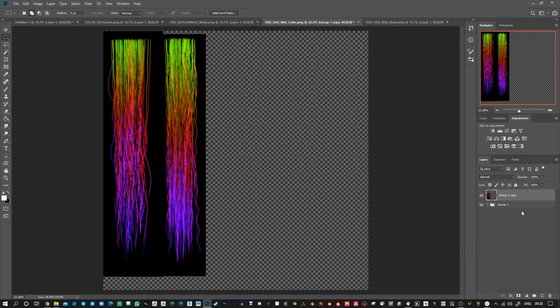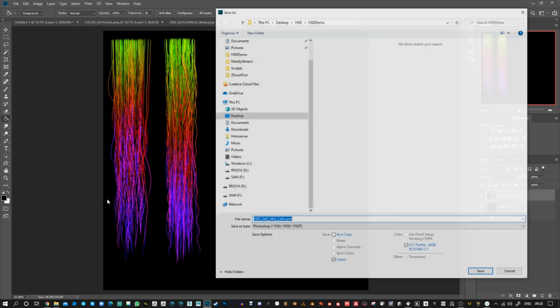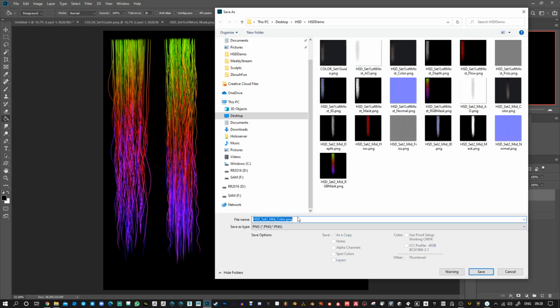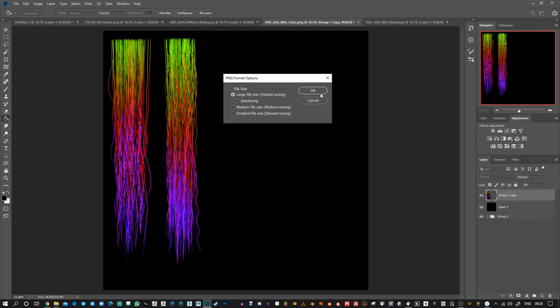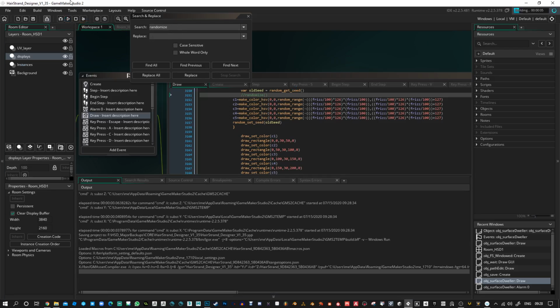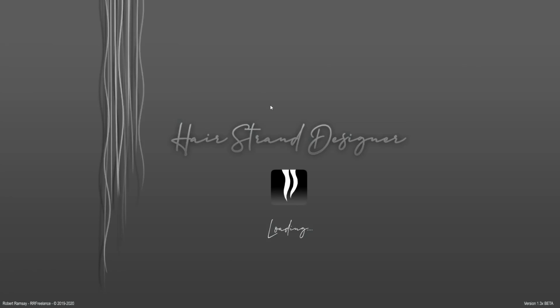Merge the group, add black background, and I'm just going to call this layout, something that I can update each time. I can go back into your Strand Designer. Now this is Game Maker, which it was made in, and